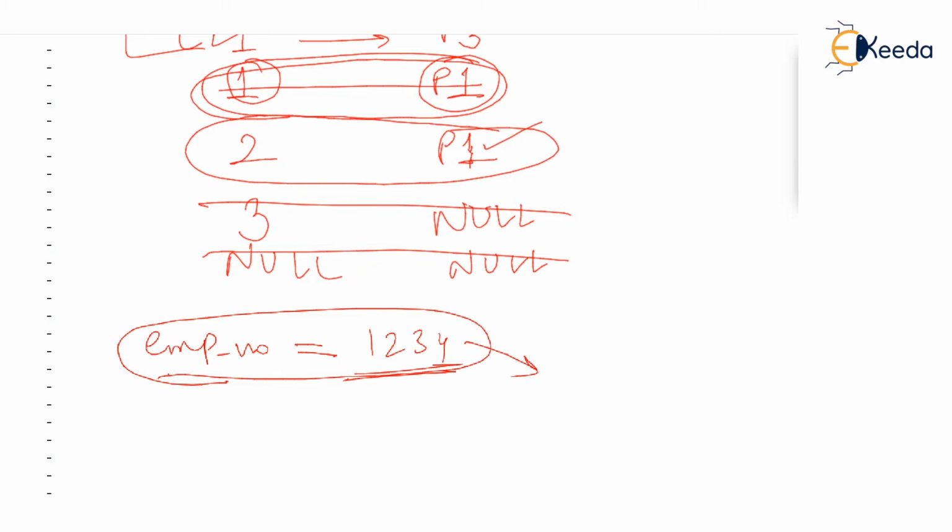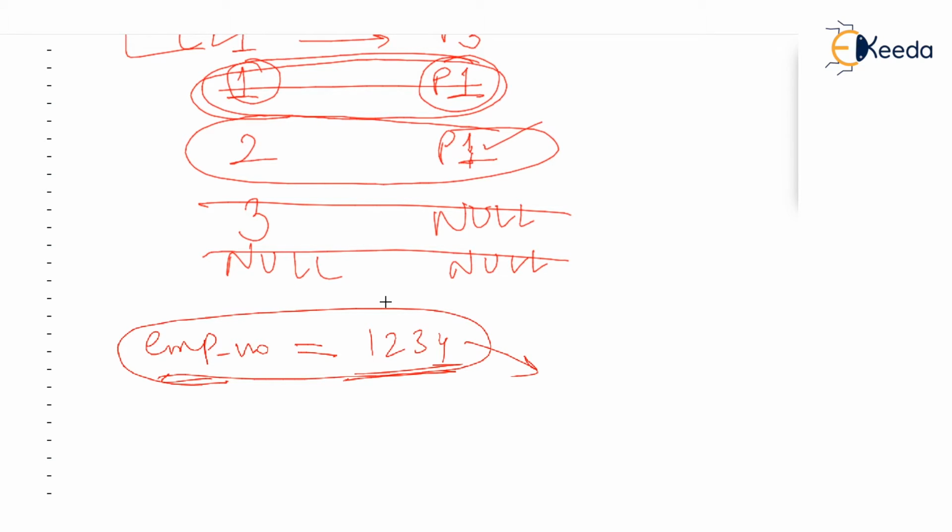I mean, if you visit some organization and the receptionist asks whom you want to meet, you can say I want to meet Samir Velankar. No harm in that. But the best way to tell is I want to meet employee number so and so. If the employee number is given, there will be no discrepancy, no confusion in finding out which employee you have come to meet. As an example, if a visitor says they want to meet Samir Velankar, the problem is that there can be two Samirs in the organization, isn't it?